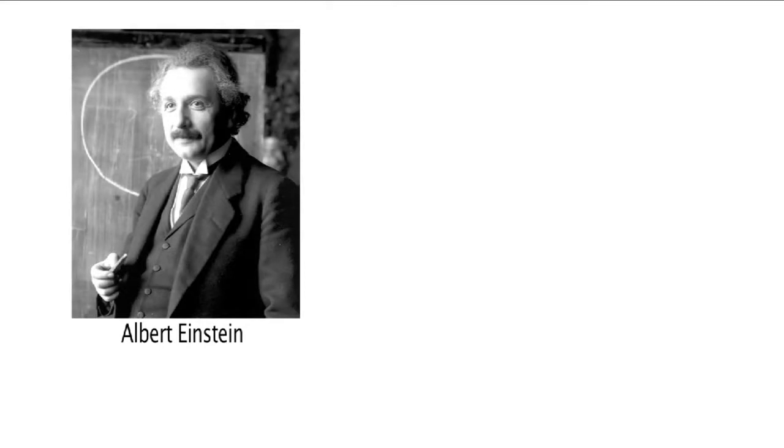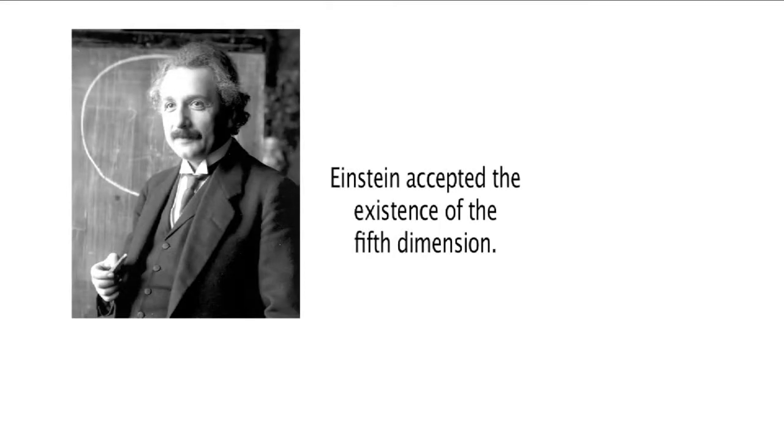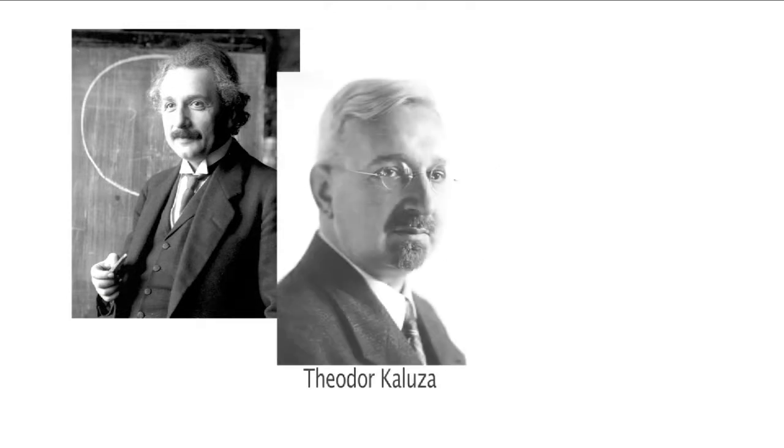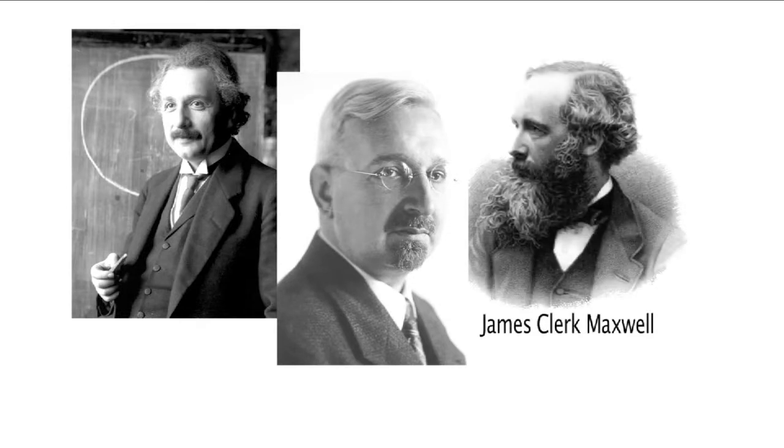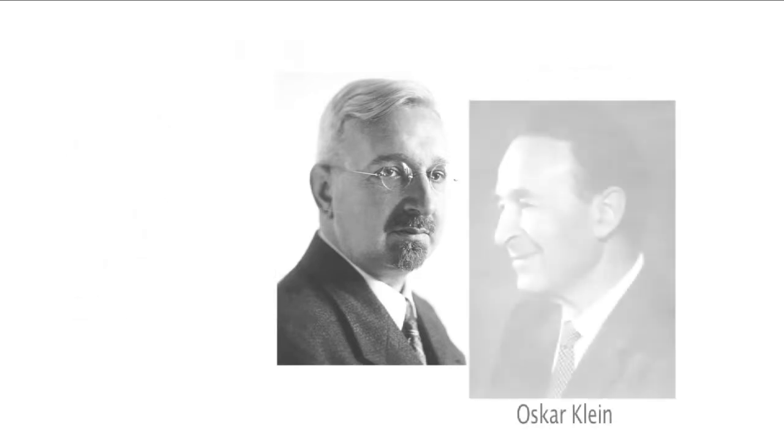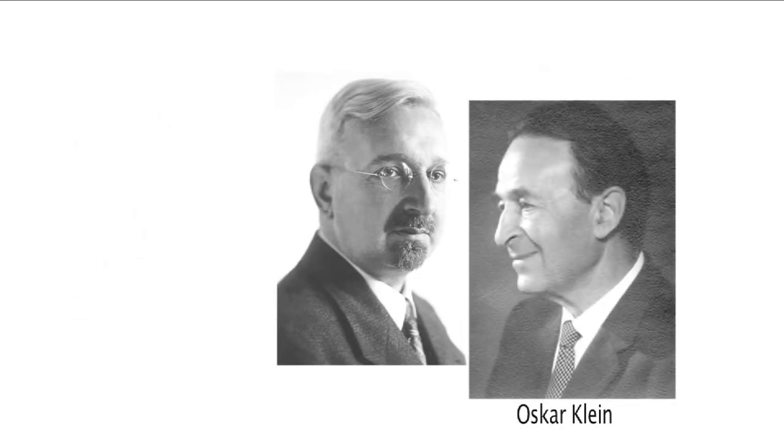Einstein, another of the great minds of the 20th century, accepted the existence of the fifth dimension. He did take a while to get used to the idea, but in 1923, he eventually gave his approval to Theodore Kaluza's proposal that the field equations for gravity and light are resolved for our space-time when they're calculated at the fifth dimension. The fifth dimension then becomes a way to combine Einstein's theory of general relativity with Maxwell's equations describing electromagnetism. A few years later, with Oscar Klein's additional input, the resulting Kaluza-Klein theory would eventually become the starting